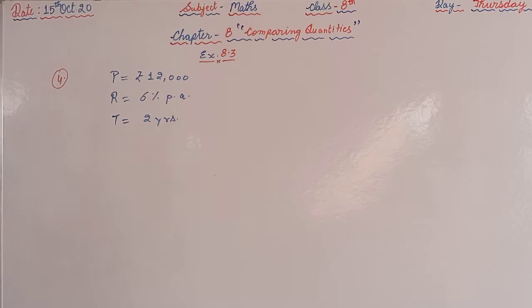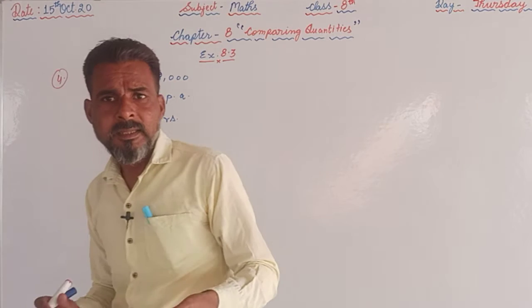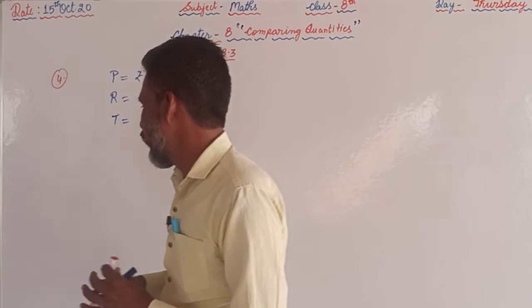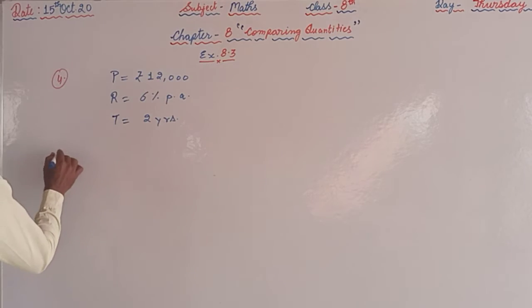Now this is the information given in the question. Afterwards he took the money for simple interest calculations. But the question is, what extra amount does that person have to pay if the calculation would have been compounded annually. If it were compound interest, then how much money he has to pay extra. So first of all we will calculate the simple interest.